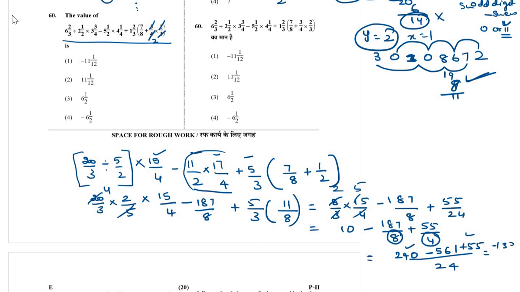You will get 133 by 24. 133 by 12, after cutting the 2 table. So before that, here we will get 266. One more step if you want, minus 266 divided by 2. So again cut with 24, again cut with the 2 table. We will get 133 by 12. So finally we will get minus 11 1 by 12. This is the answer, minus 11 1 by 12.